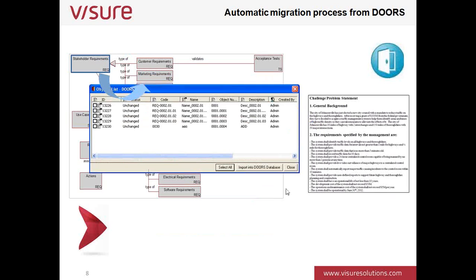As a second step, we will be able to exchange or send information back to the DOORS database. The same way that we imported an XRI file, we will be able to export from Visure Requirements this XRI file. This XRI file, when imported back in DOORS, it will highlight whether the elements are new,